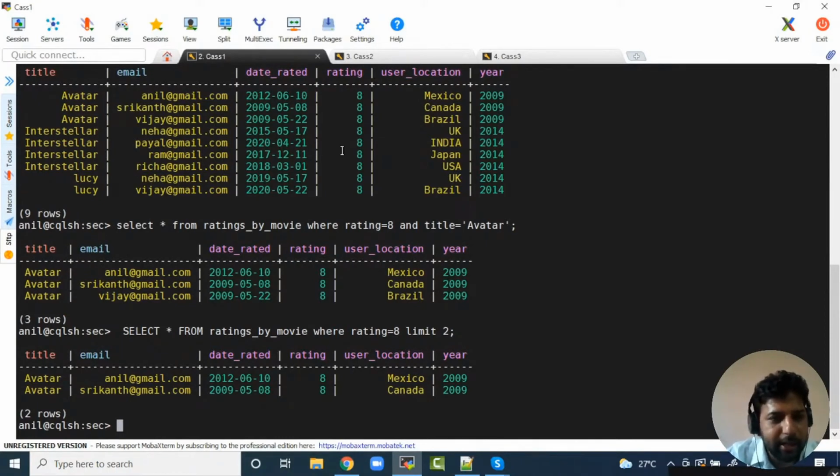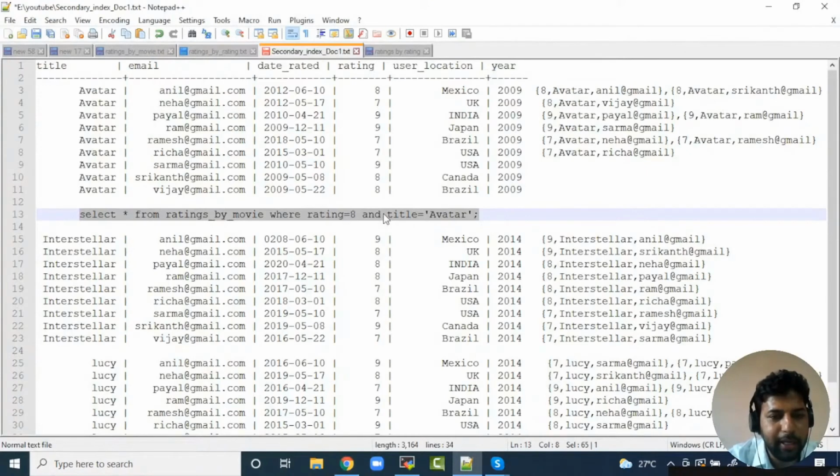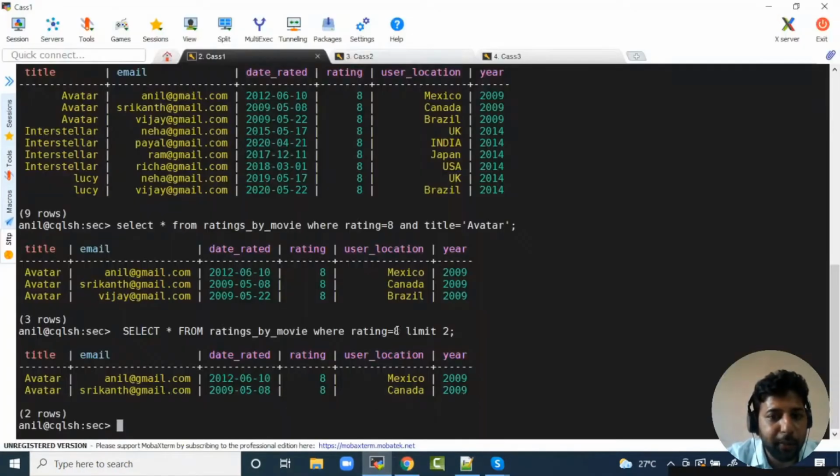So that happens internally. Now the basic idea is, try to narrow down the number of nodes you query. By keeping the primary index, you reduce the query to one single node. By keeping limits on your query, you also narrow down the number of nodes to hit, correct?